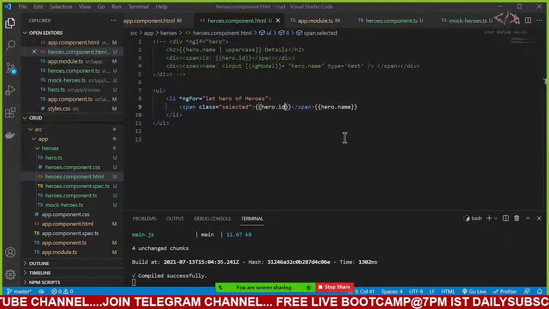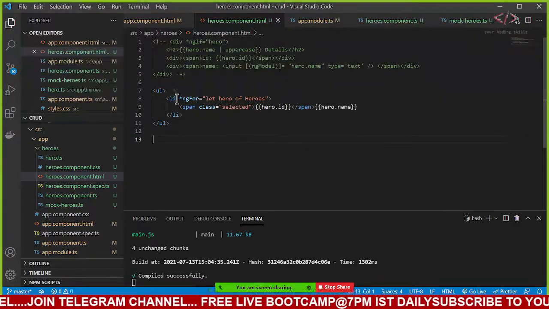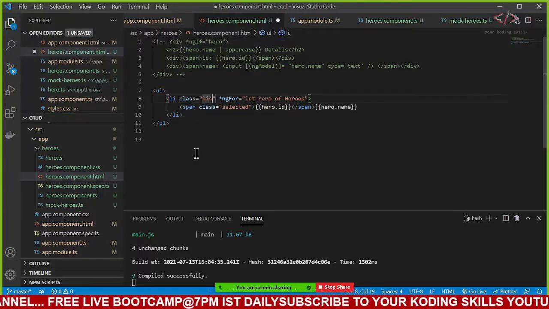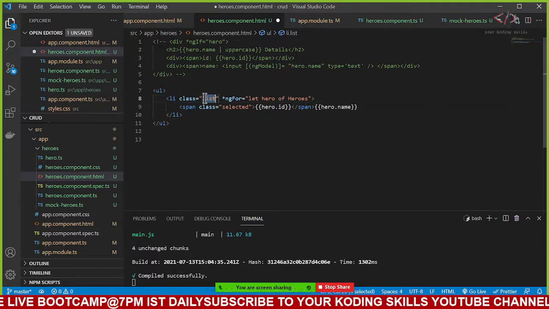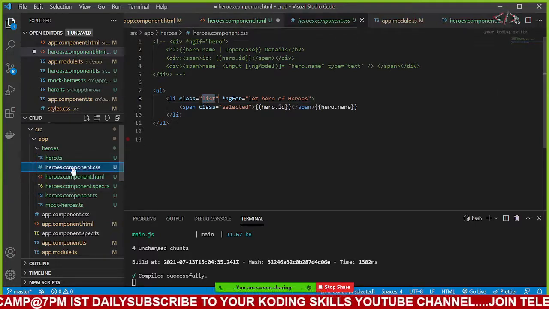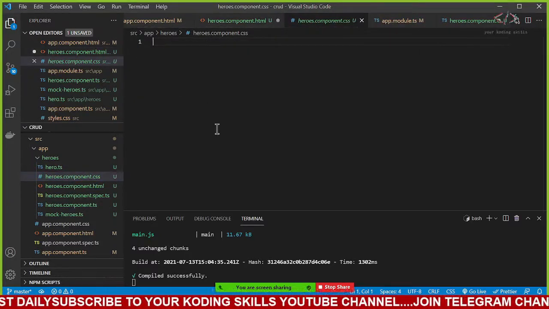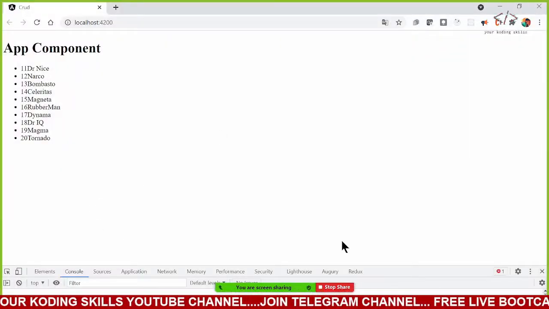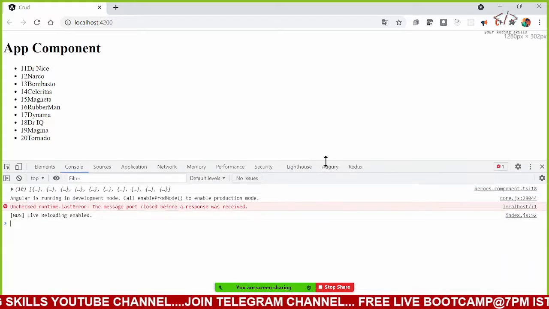Let me add some CSS for this. What is the CSS for every LI? Let me say class is equal to list. And if I go to its CSS here, dot list, let me do that CSS here itself for that list.